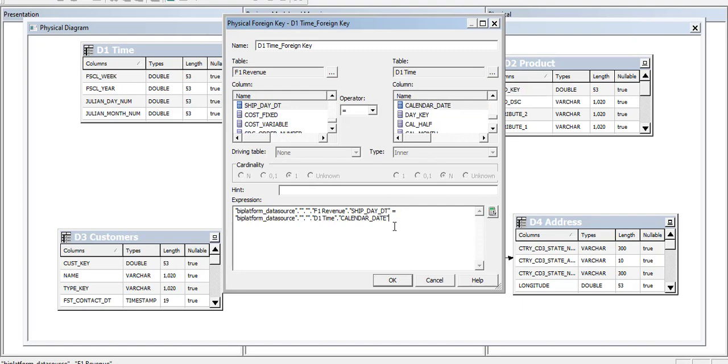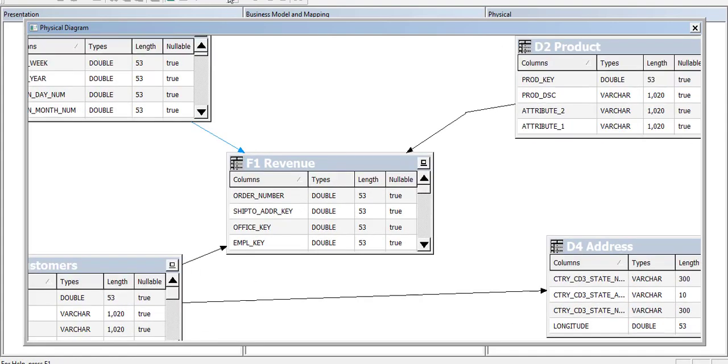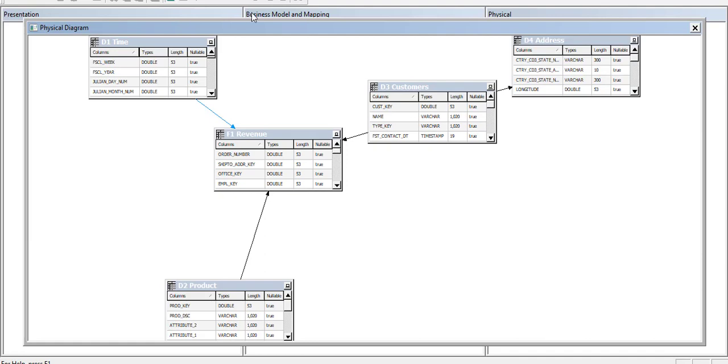You can see the expression string in the bottom window. Okay. So the physical relations have been generated. The developer can generate relations on requirement from this window. You can resize, maximize, minimize the window. Okay, I'm closing this window.